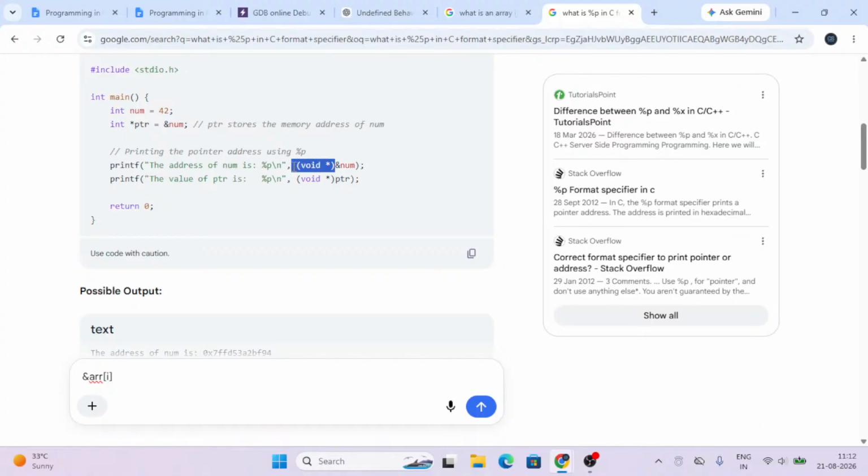I think it is taking care of the typecasting. The address of num will be in hexadecimal form, some long integer, right? So it can take care of it even if you don't write the void star, but